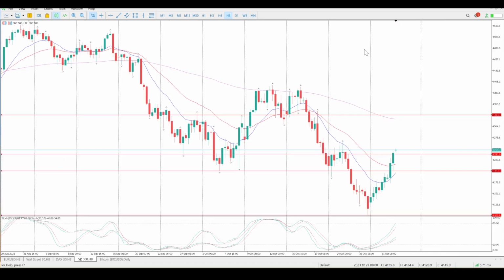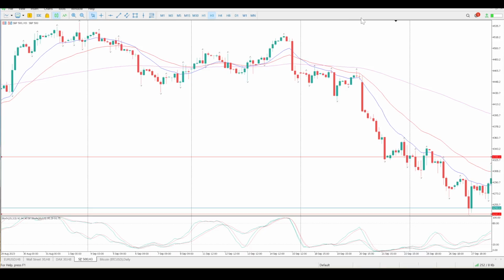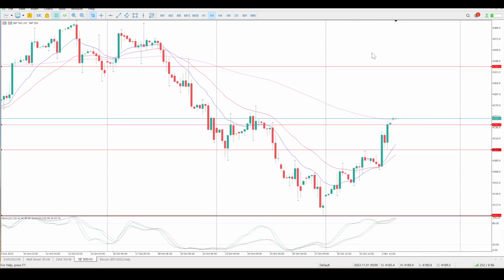At the moment on the 8 hour, granted we are still in a downtrend, but we have breached a few key levels. Oscillators are pointing up quite sharply to the upside. And the second thing we do need to look at on the 3 hour is the crossover here. We're testing the 150 EMA, so I would expect some kind of a pullback, and we're going to get to that now.